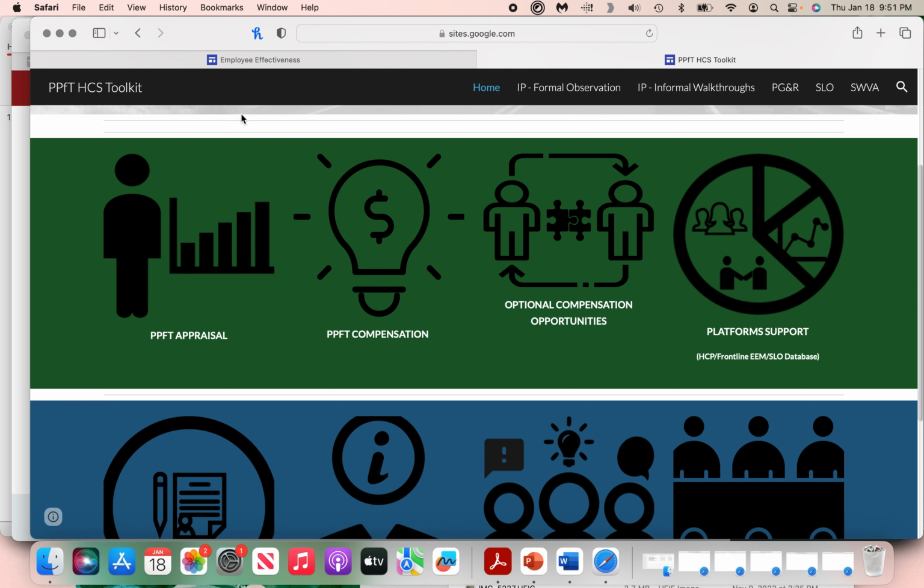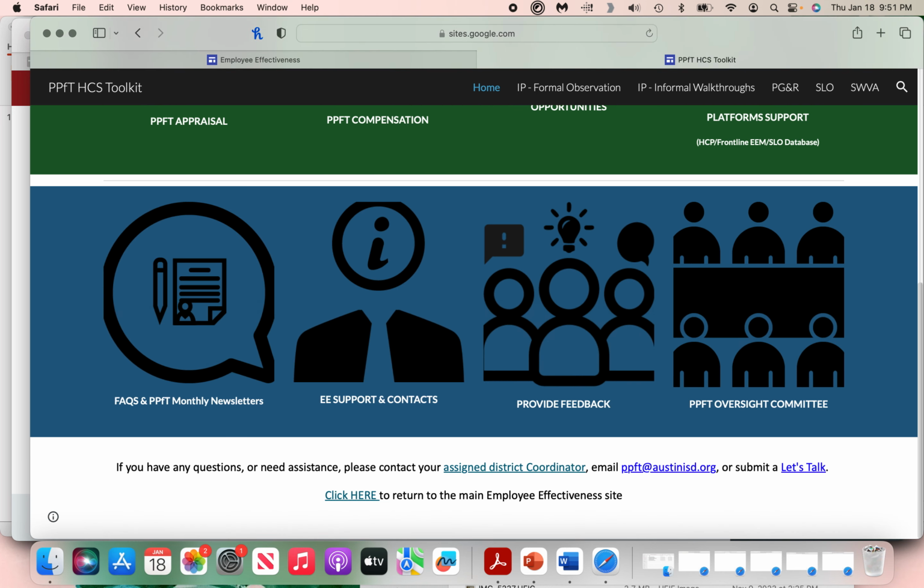accrue compensation amounts for yourself. And also Dr. Hill, I know, has included in her weekly summer opportunities as well. And then platform supports, that's regarding HCP, Frontline, and SLO. And I would assume, ERP. And they also have FAQs and then the monthly newsletters regarding PPFT that I send out and forward, the